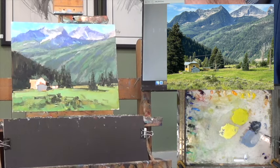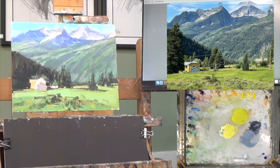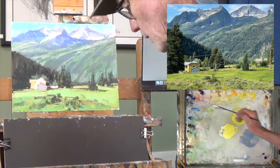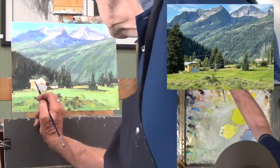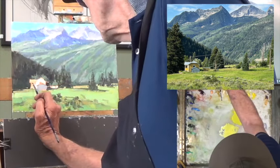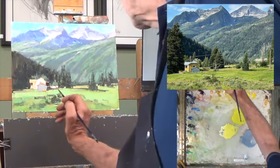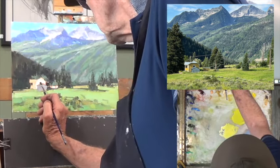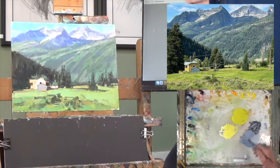I think we need some more dark shadow, even underneath over here. We need some good darks for windows. And I think the porch has a nice dark on it right here. And we need a window in here. And then we need some,